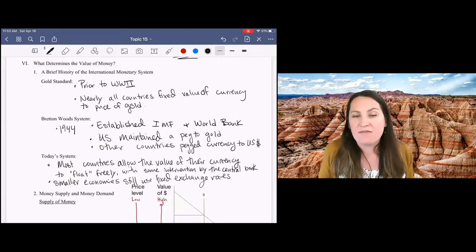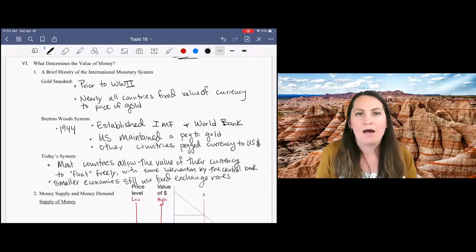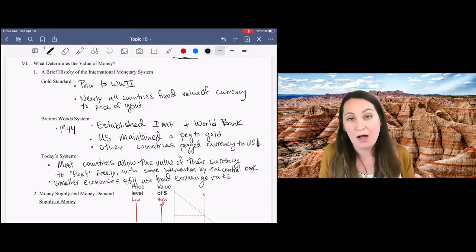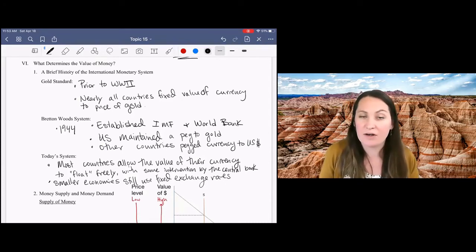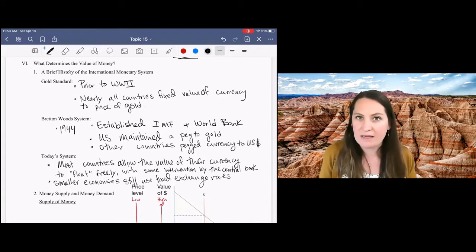So now what determines the value of a dollar is the market for dollars, not the market for gold. So we have now supply and demand of money, which of course is managed by our central bank in a way that we hope promotes a smooth functioning of our economy and a stable value of our currency. I should mention that some smaller economies still do peg the value of their currency to other countries' currencies. So for example, Belize pegs its currency 2-to-1 to the US dollar, meaning that every US dollar will buy 2 Belize dollars, and that will always be true.